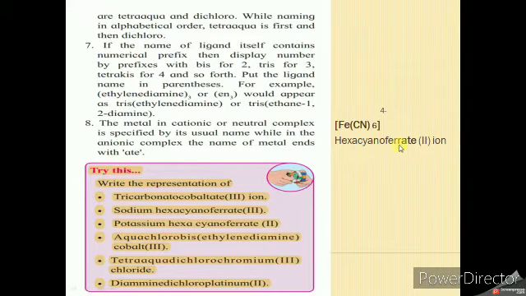Then the name of the metal ends with ATE, so iron can be denoted by ferrate, so hexacyanoferrate with its oxidation state in round brackets. So you can try this at home and give the structure for the following names in my comment box. Okay, now